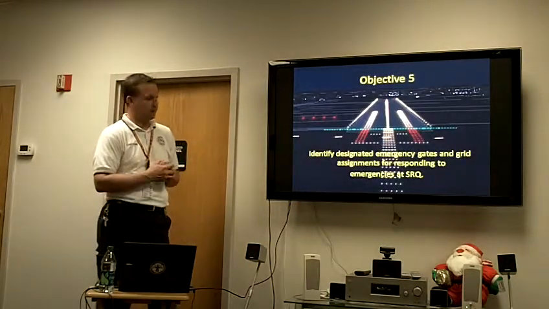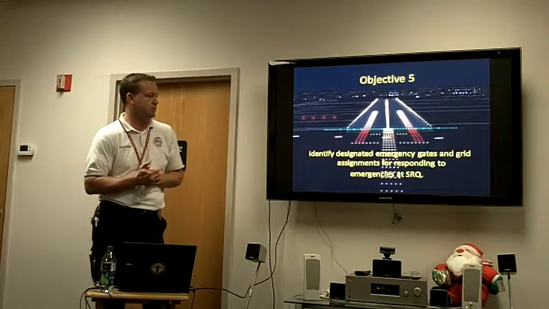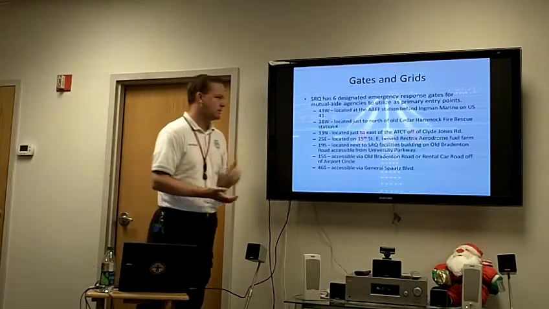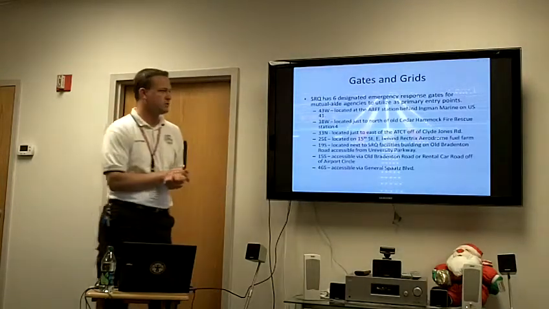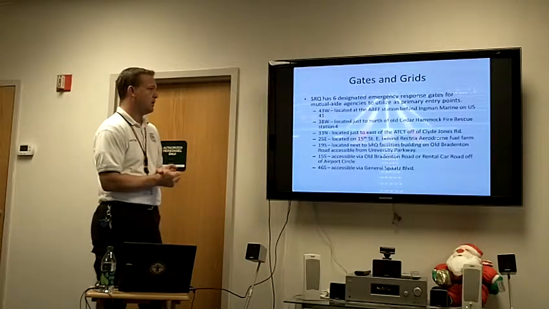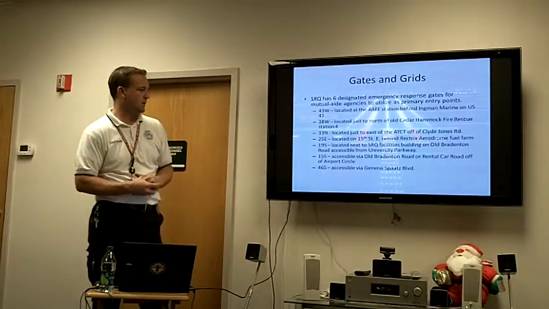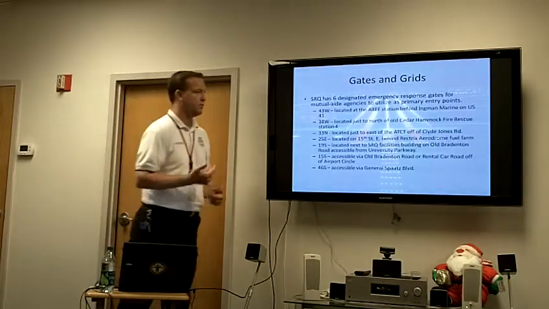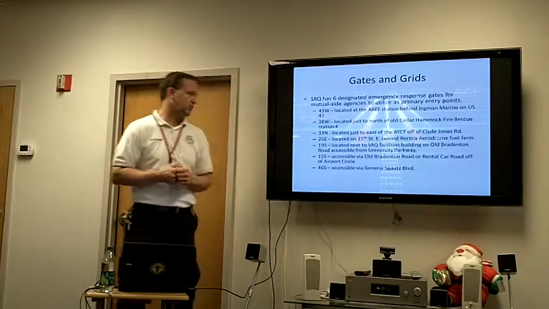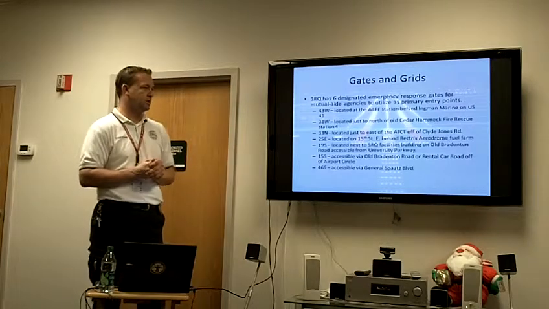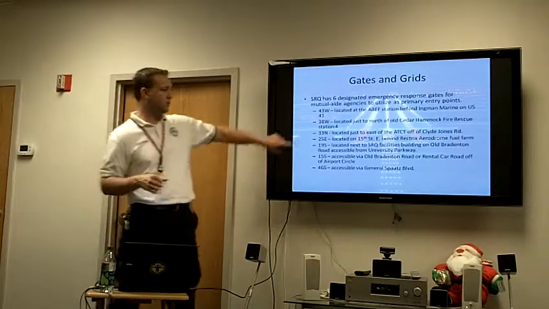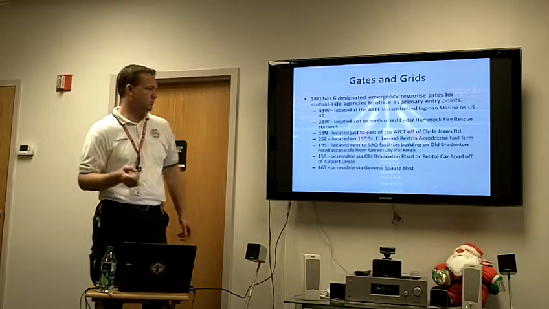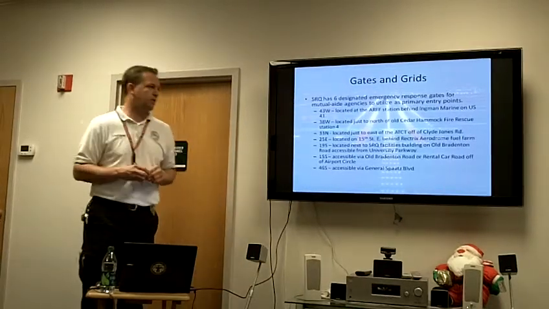Alright, objective 5. We're going to identify designated emergency gates and grid assignments for responding to emergencies at SRQ. Okay, we have 6 designated emergency response gates for mutual aid agencies to utilize as primary entry points here. They are, as indicated, 43W located at the ARP station behind Ingman Marine if you're on US 41. We have 38W located just to the north of Old Cedar Hammock Fire Rescue Station 4 off of US 41 and Talavast Road. We have 33 North, which is located just to the east of the ATCT off of Old